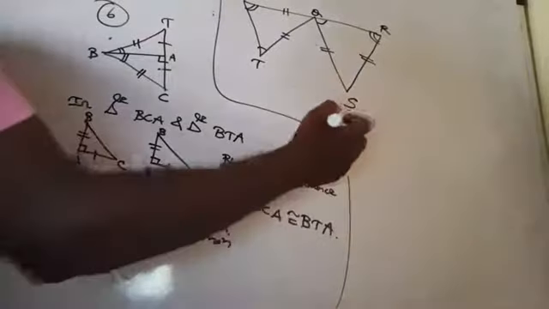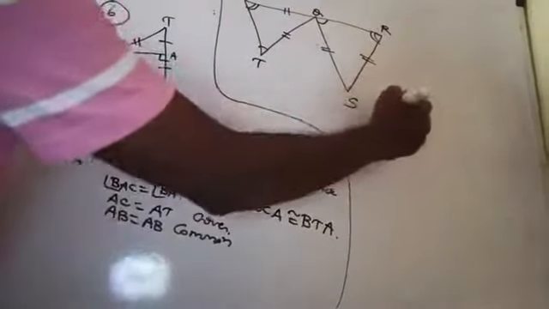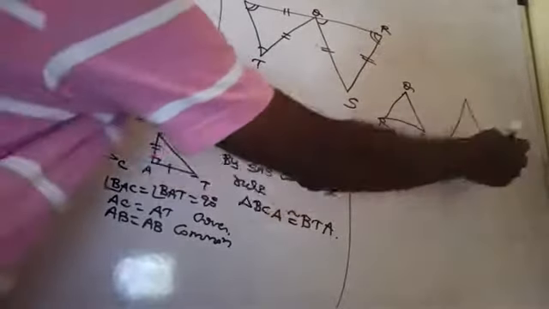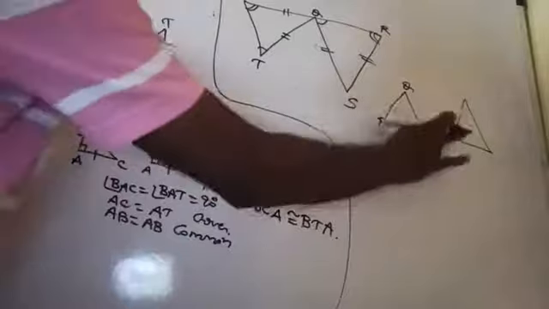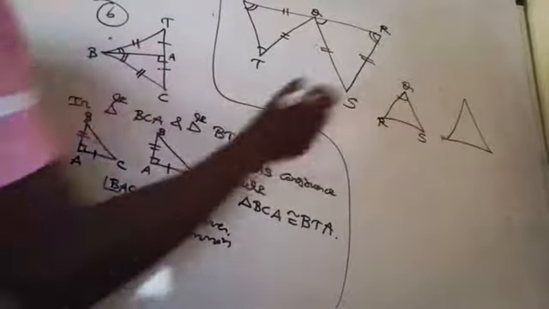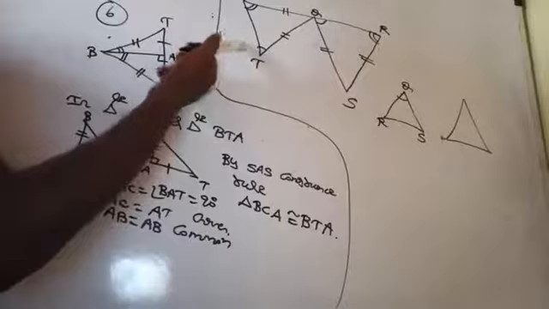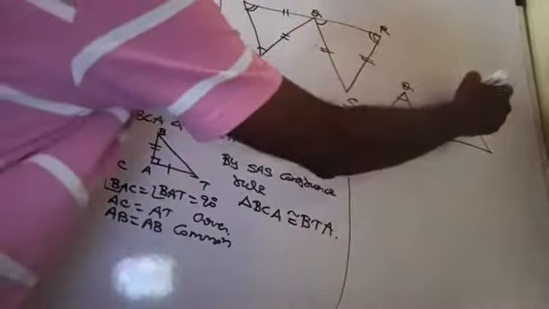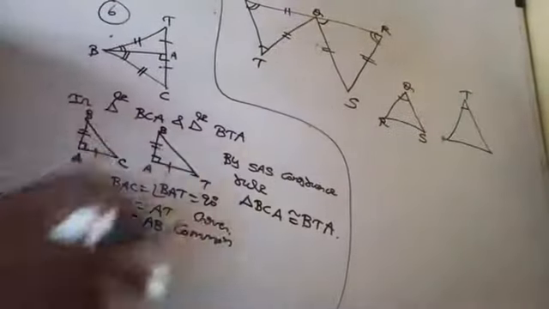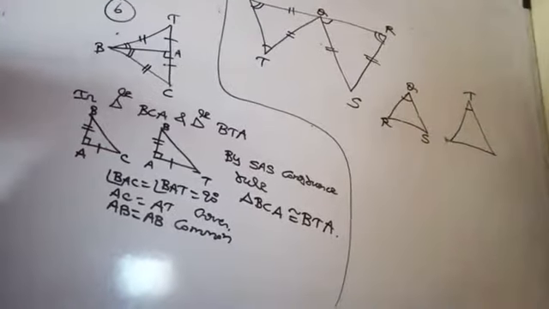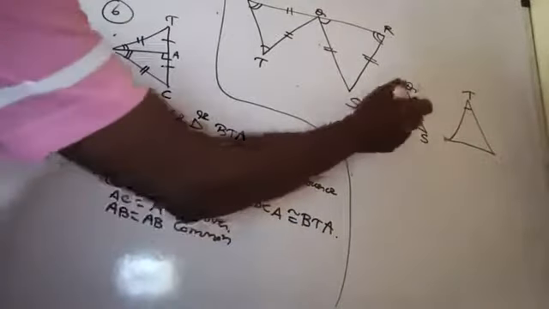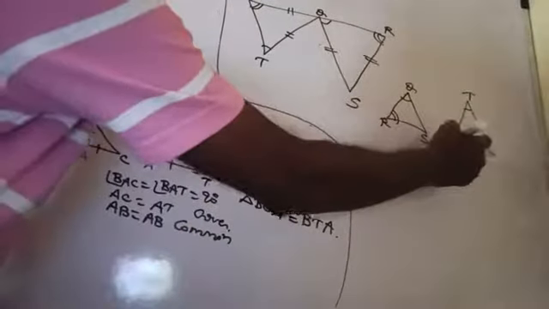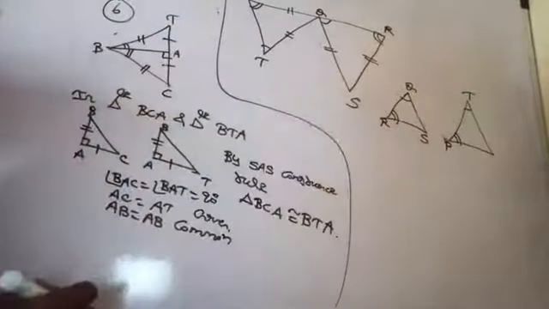Okay. So in triangle QRS, another one we don't know the name of the triangle, right? Okay, leave it. So angle Q is equal to angle T. In these two triangles, angle Q equal to angle T. Therefore, Q corresponds to T. Am I right here? Yes. And then after that, angle R should be equal to angle P. That is, angle R corresponds to angle P. Are you getting here? Yes.